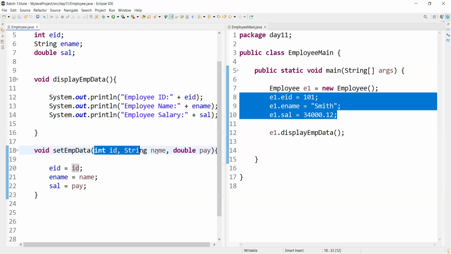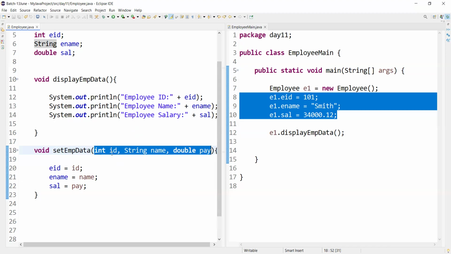So for now, I have used different names, but we can even have these names the same as the class variables and assign them. But you should not get confused between these parameter values and the class variables. Parameter values are temporary ones, which hold the value whenever the method is called. A method can be called with different values, right? Those values are held by these parameters temporarily, only for that method call,